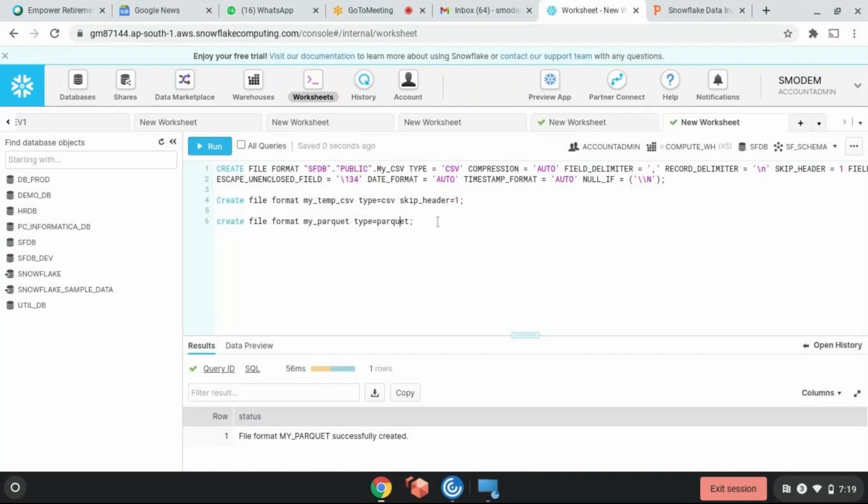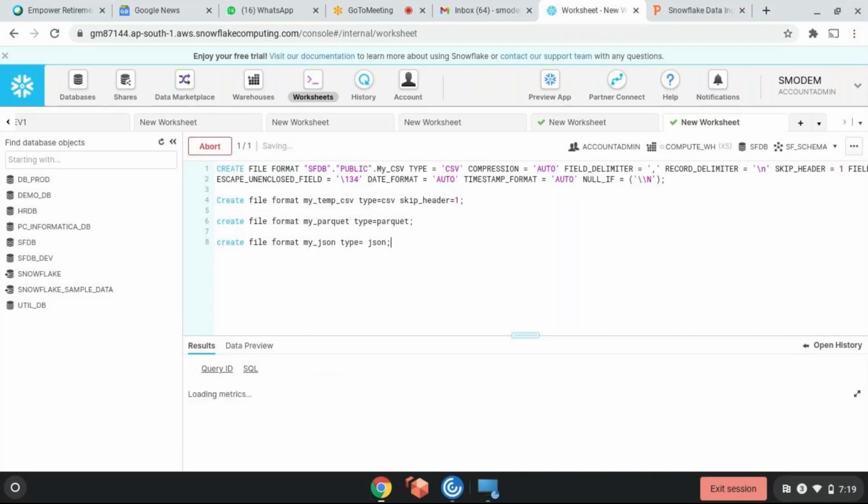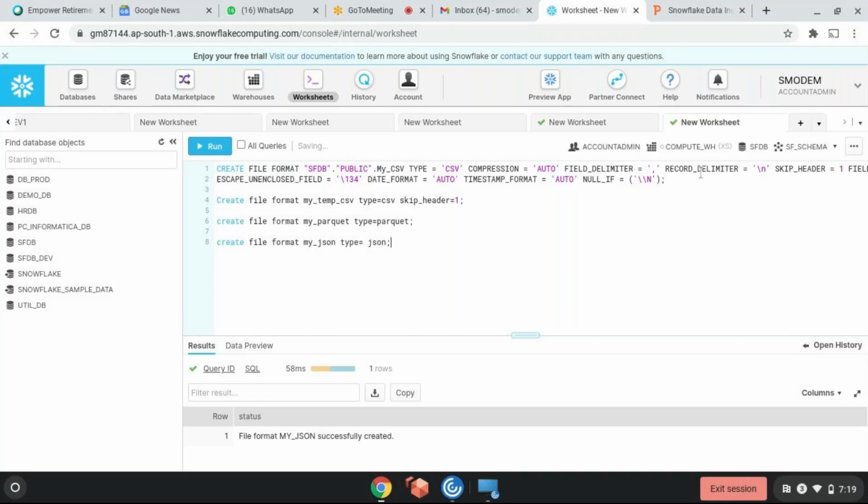Create file format my JSON, type is equal to JSON. So these are all the extra formatting options if you want. There are some of them for JSON, some of them for Parquet, some of them for